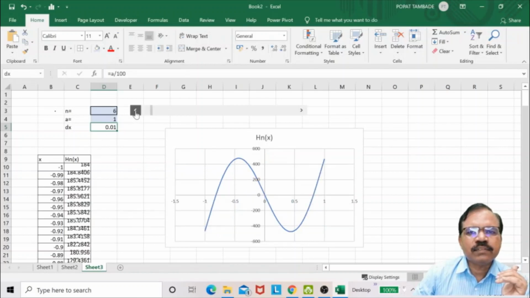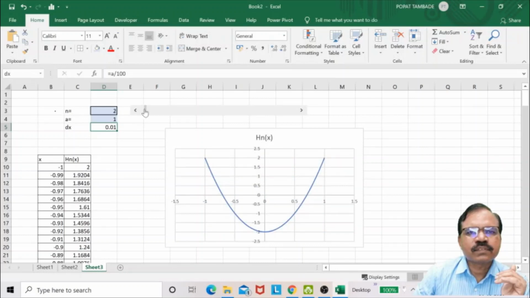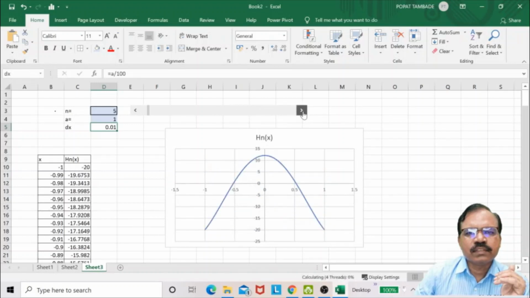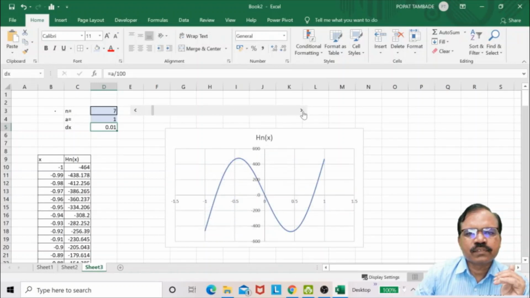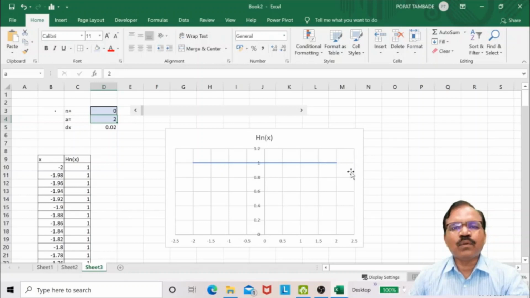So if we take the range from minus 2 to plus 2, for n equal to 0, we know we get the value 1 for each value of x.